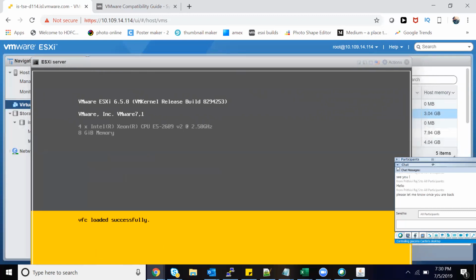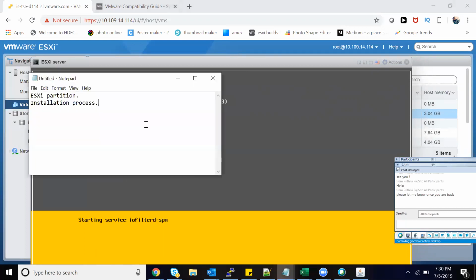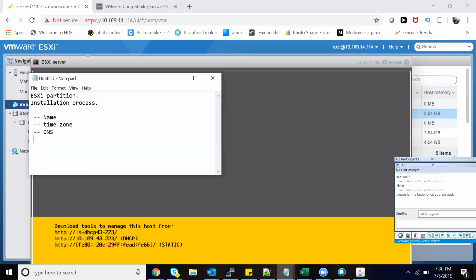So in general, there are a few things. I'll list out the things in general. After installation process, there is something called initial setup. First is the name for the host. Then is time, which time zone you're going to put the ESXi host. Then is DNS. Then is DHCP you have to set up. Then you have to set up the IP address of the ESXi host. These 5 things are the main things that you need to check.